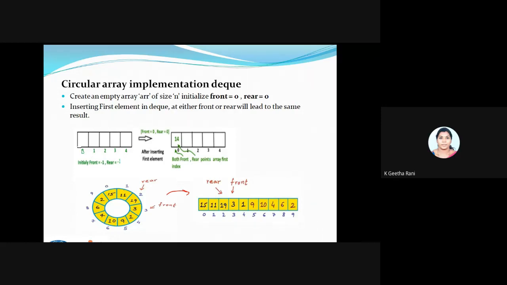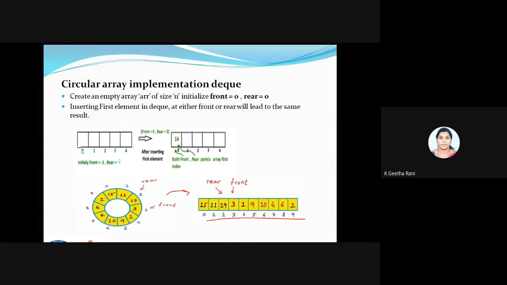Fine. So this is a full array. You can see I have all the elements in the queue. It's a full queue actually. I can say my queue is full when my rear and front are near or equal. See, this is my front and this is the rear. Both are near, so I'll say the queue is full. I can't add an element inside this queue. In the same way I'm representing it like this. You can see the rear pointing to index 2 and the front pointing to index 3. So no more space is there in the queue.